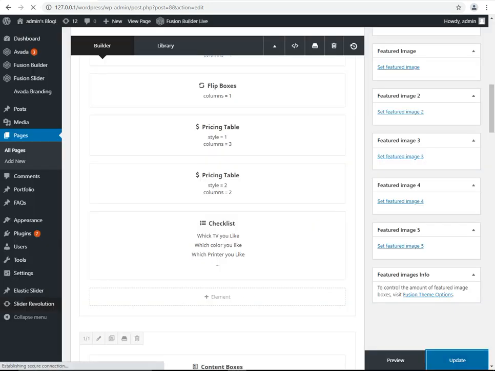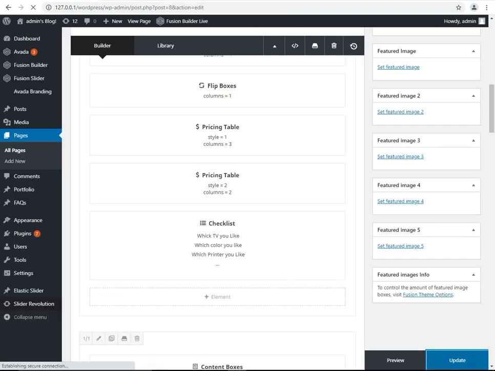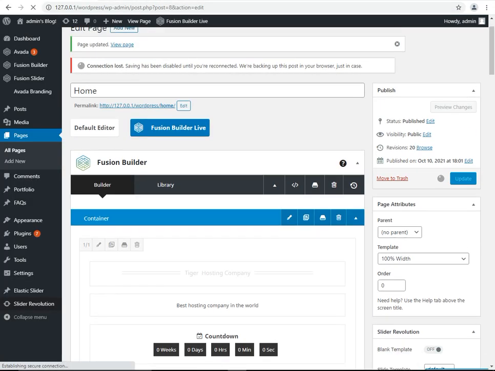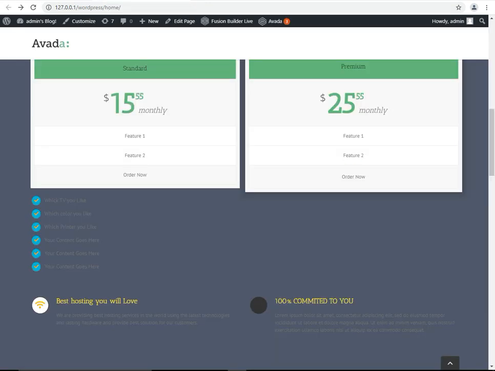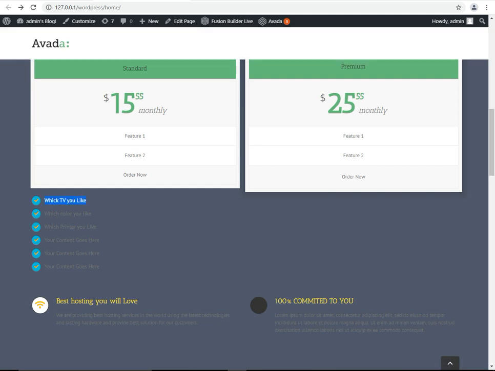After a few seconds I am going to check after refreshing the button, maybe this will be updated. Wait please, because the system is updating at this time and has not completed its update. Wait please. Good, this is working. The system will change this color. You can also change to different types of color like this.